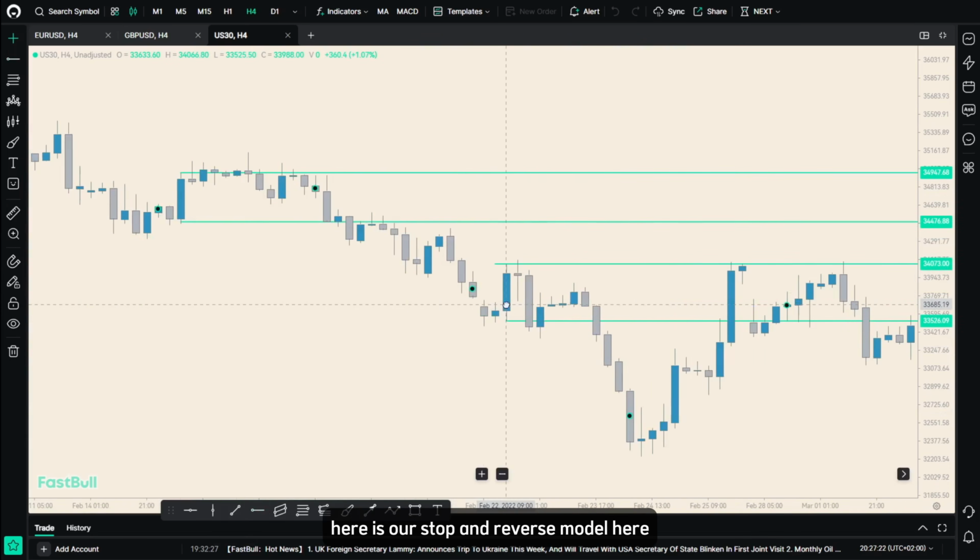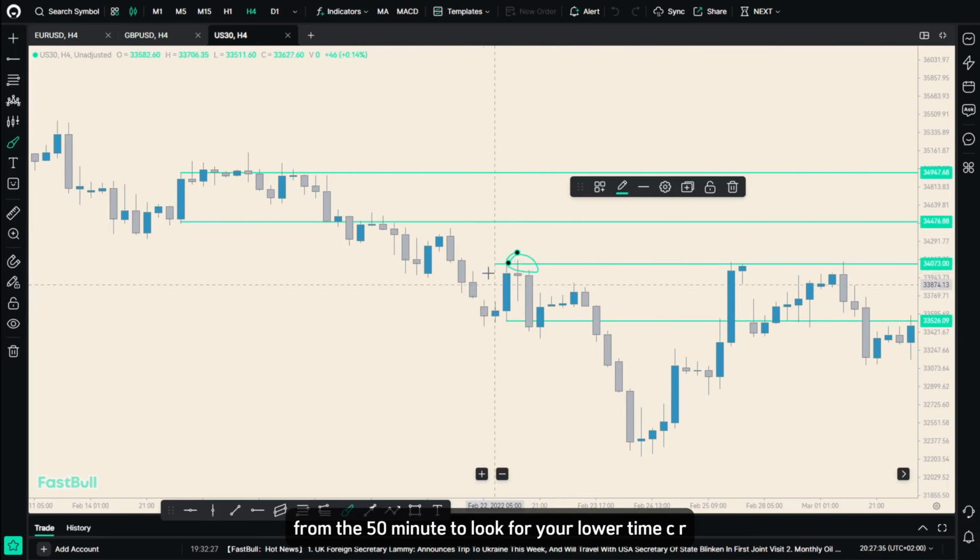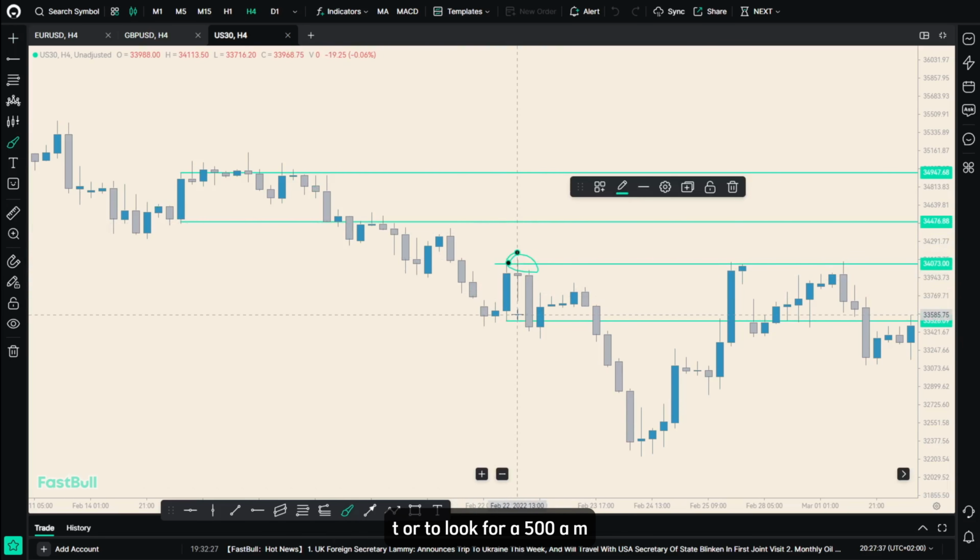As you can see, once again, here is our stop and reverse model. Here, price is going, and then it stops and pauses in price, and then reverses, comes to take out the low. Right over there, you would have looked for your lower time frame entry. All of these parts, once you see a sweep, you could then go down to the lower time frame, the 50-minute